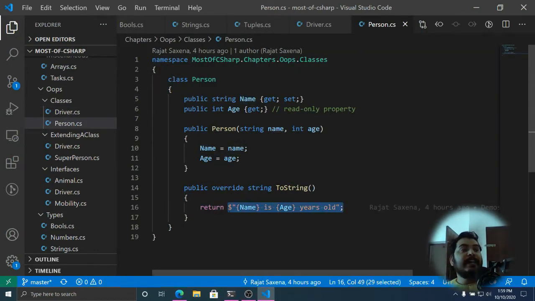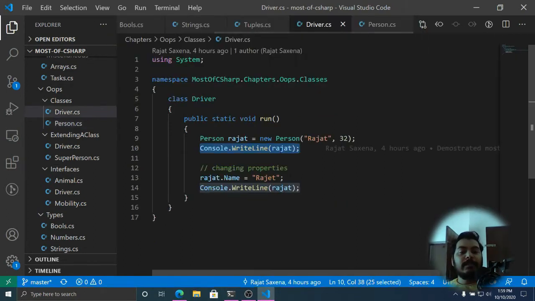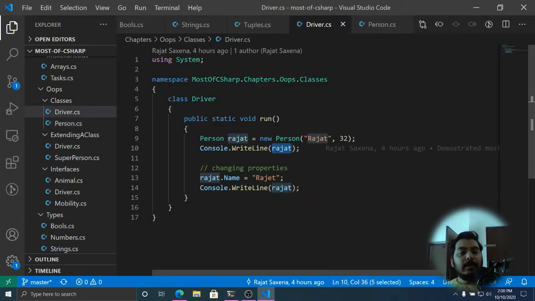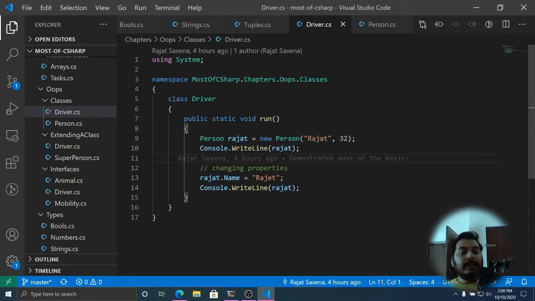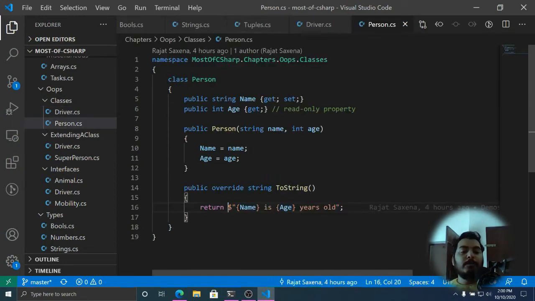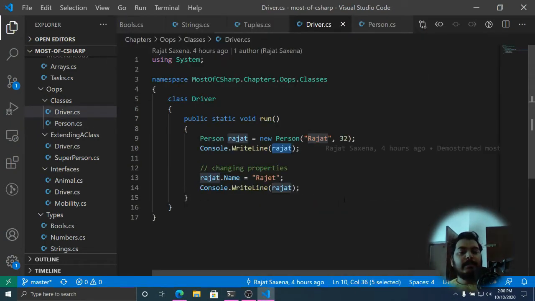Here I have defined a template which should be used when this happens. If somebody calls toString on Rajat, this is the output it is going to produce. Console.WriteLine also calls toString under the hood, and since it calls toString, Rajat.toString is going to produce output from here. Okay, so let's run the program.